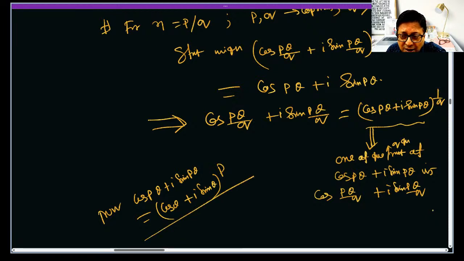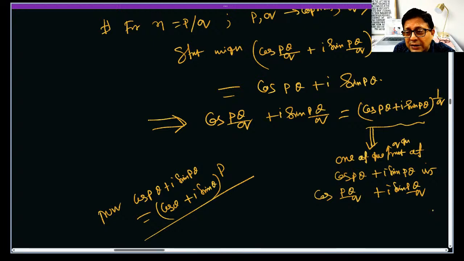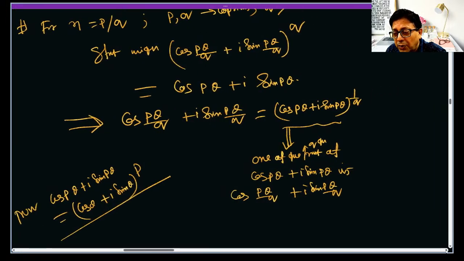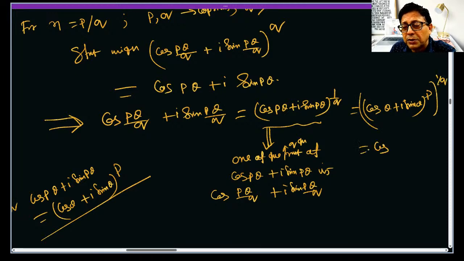Cos pθ + i sin pθ is nothing but (cos θ + i sin θ) to the power p. So if you put it on the right hand side, this is changing to the form (cos θ + i sin θ) to the power p, whole thing to the power 1/q, which is nothing but